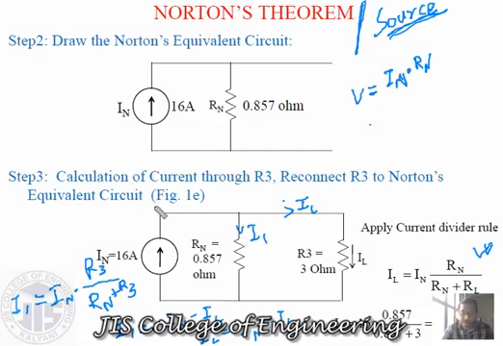It means only this portion is going to change, because here is a current source in parallel with a resistance. Whenever you are going for the source conversion, your current source will be changed to a voltage source, and similarly whatever resistance is connected in parallel will be connected in series. And similarly your voltage source value will be this one. So if we go for these types of calculation,